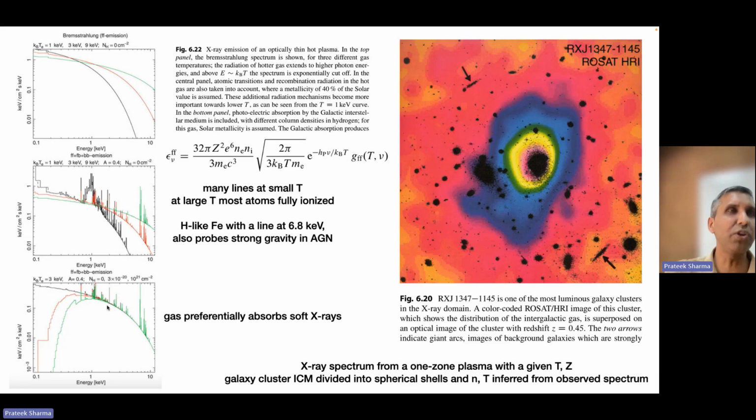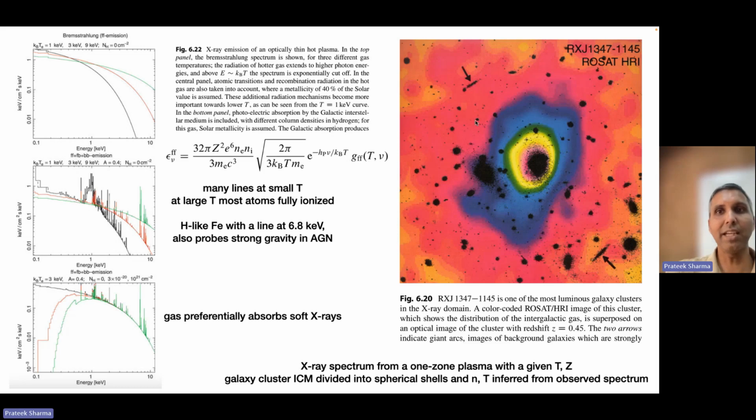gas. So what you will see from an X-ray spectrum is something like this. It will have everything. It will have background continuum due to free emission. It will have lines and edges due to bound and bound-free. And then it will have absorption due to foreground. So an observer will have to model all these out in order to get the true spectrum from the